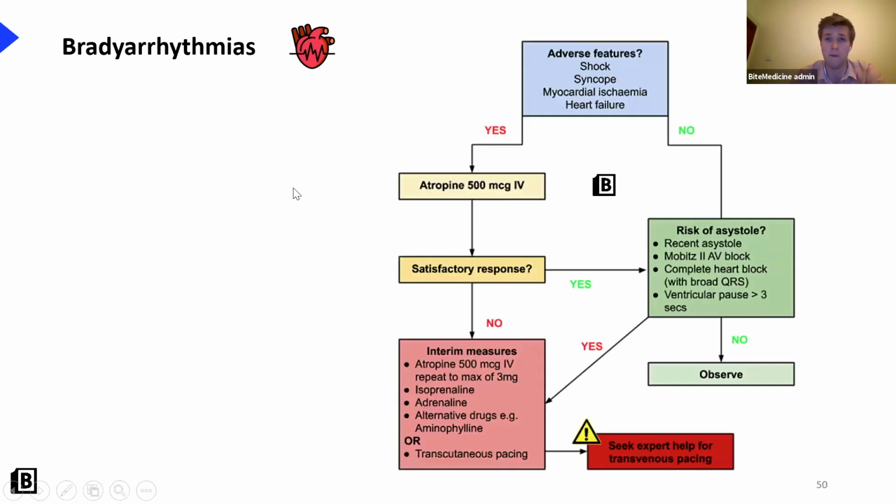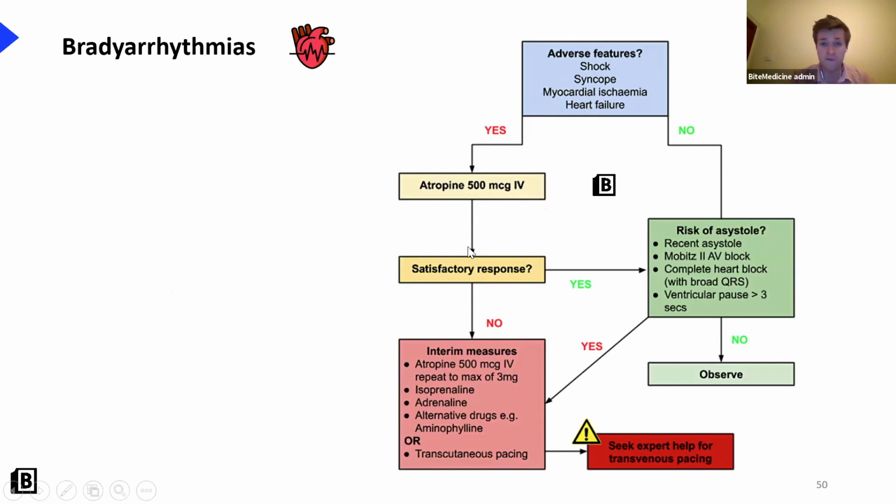So the first thing you want to do is, again, look: are there any adverse features? Now, in this case, if there are, then you go straight to the atropine. For those who remember, atropine is a muscarinic M2 antagonist, so it's going to block that vagal activity on the heart, which is going to allow the heart to beat